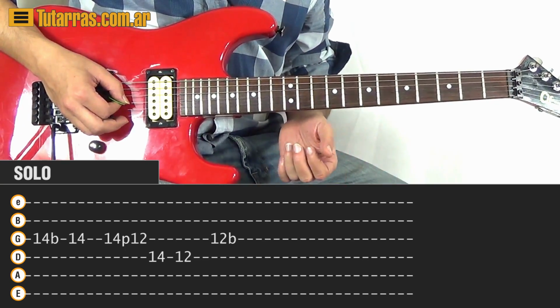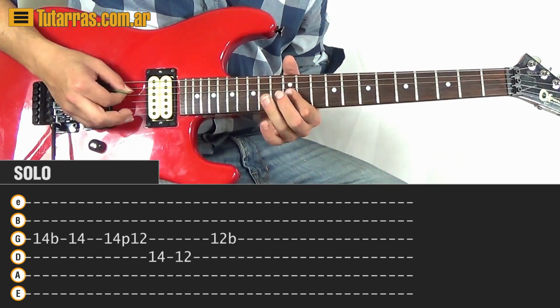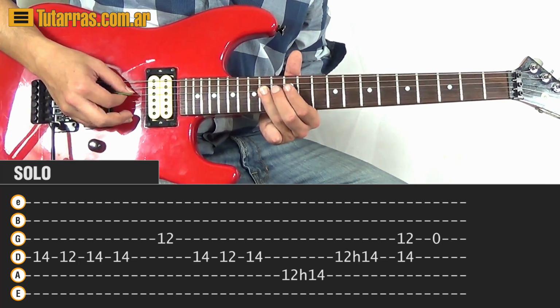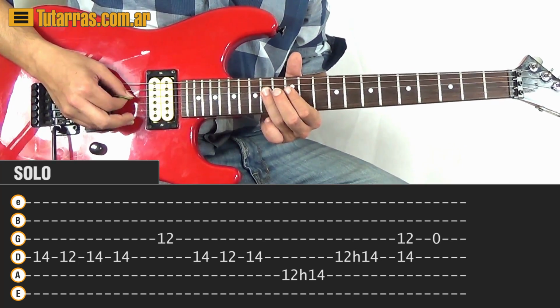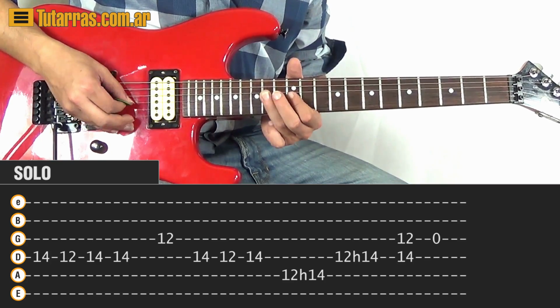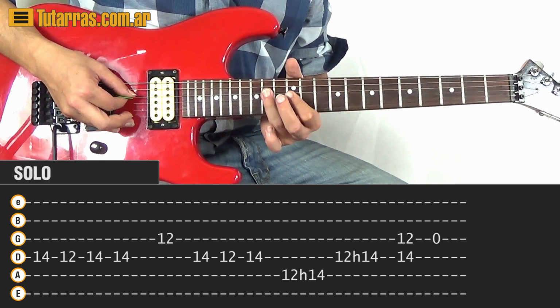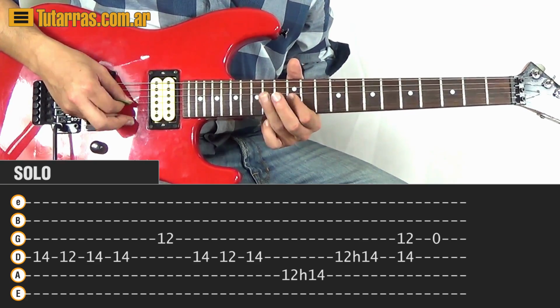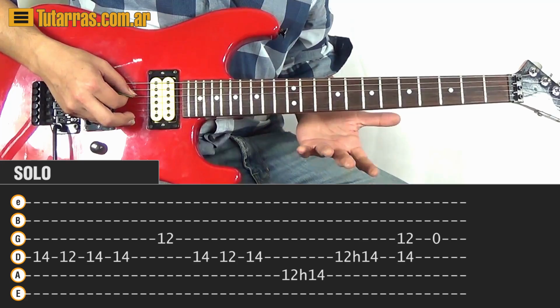We're gonna be doing that. Then we're gonna do that 14 on the D string, 12 on the D, 14 two times. Okay, on the 14, 12 on the G string, then 14, 12, 14. We're gonna do that, and then